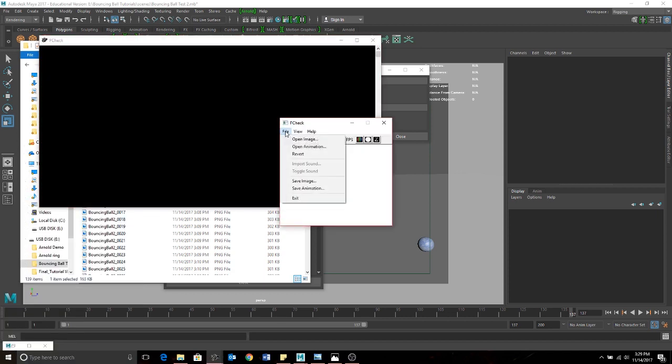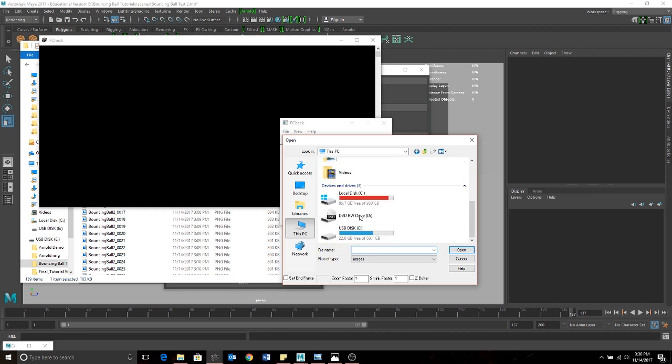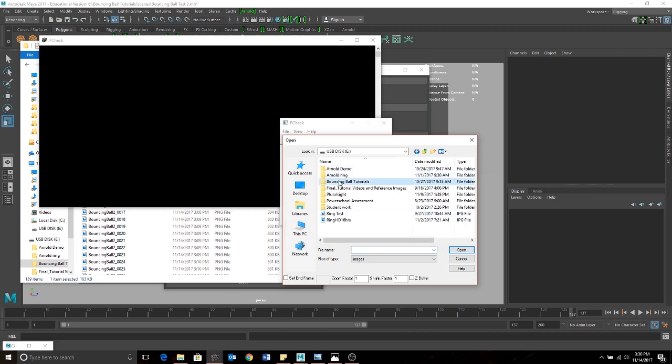and come over here to File, down to Open Animation. This is really important because if you just go to Open Image, it's just going to open the first image. So go to Open Animation, and then you're going to find your animation here. Let me see, where's my, there we go, Images, and then you'll just select the first one, because you've chosen Open Animation, so it knows it's a sequence. Select the first one, click Open,